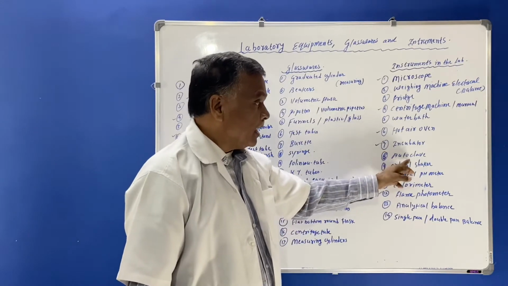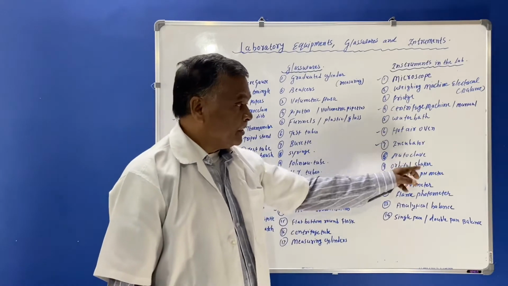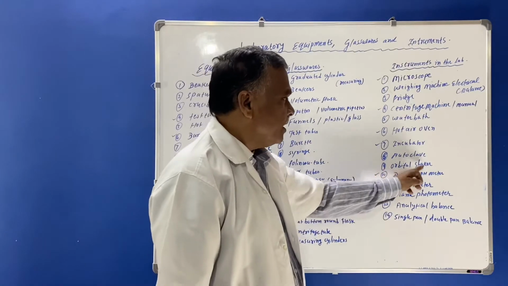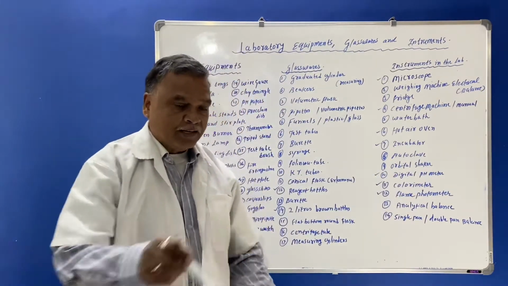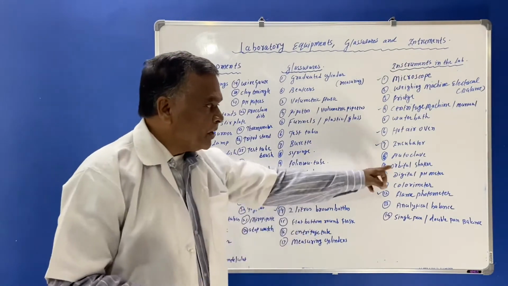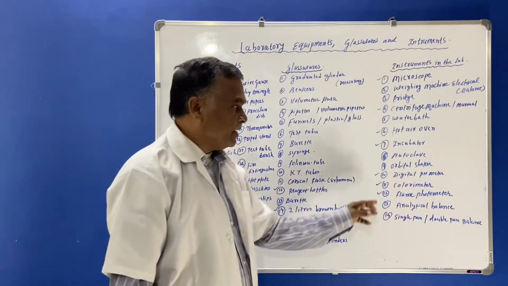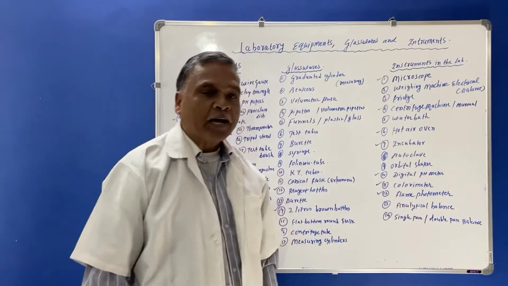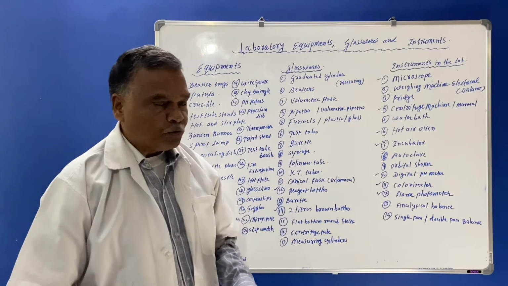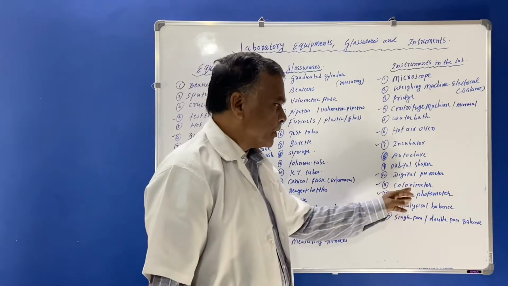Then an autoclave should be there to keep the oils or bulbs, and an orbital shaker should be there. If we want to shake anything, instead of shaking with the hand, the orbital shaker will be there, and an electrical button will be there, and it will shake horizontally. Then a digital pH meter will be there. This digital pH meter is maintained to estimate the pH of a particular solution.